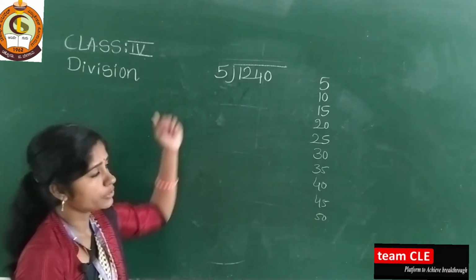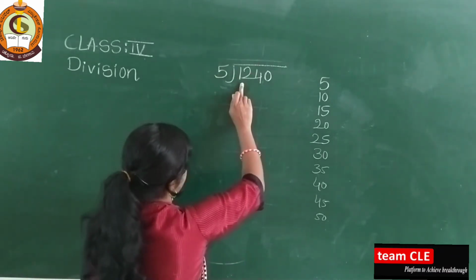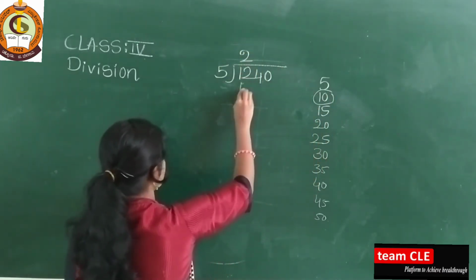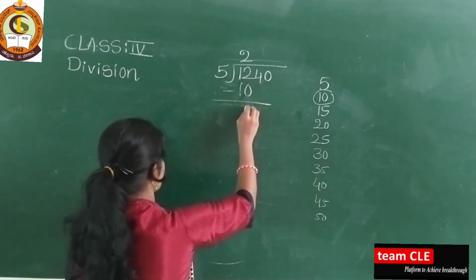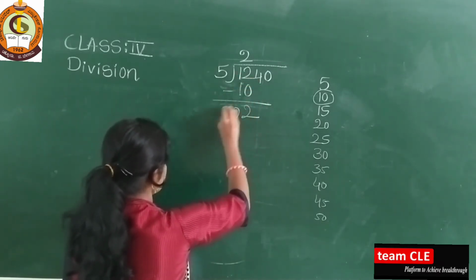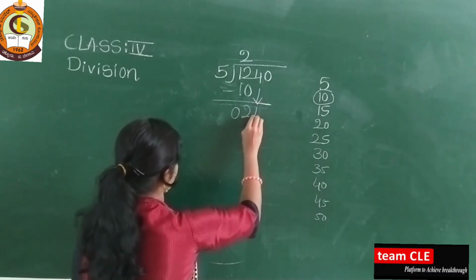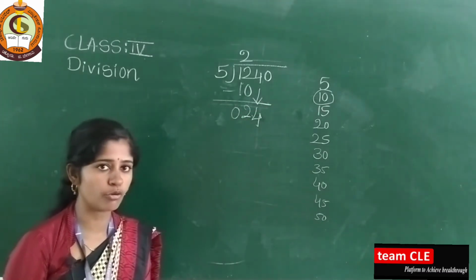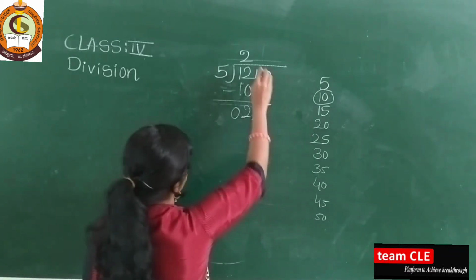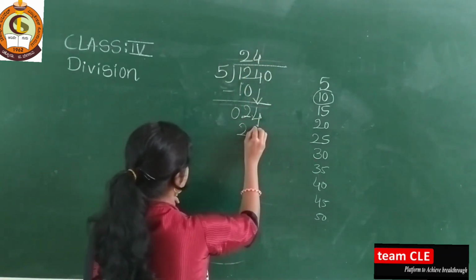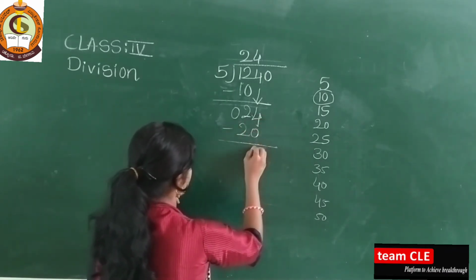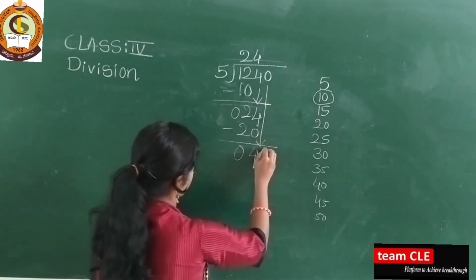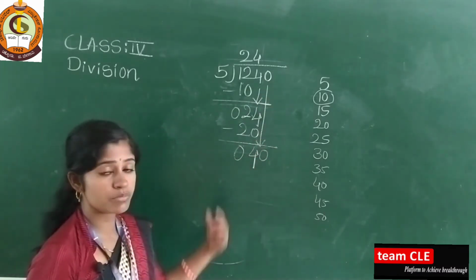So it becomes 12. So right here, less than 12 is 10. I will take this 5 2s are 10. 2 minus 0 is 2. 1 minus 1 is 0. Again you take here 4 down. Okay, 24 is there. Then tell me 5 how much are 24? 5 4s are 20, and right here 4 minus 0 is 4, 2 minus 2 is 0. Again you take here 0 down, it becomes 40.